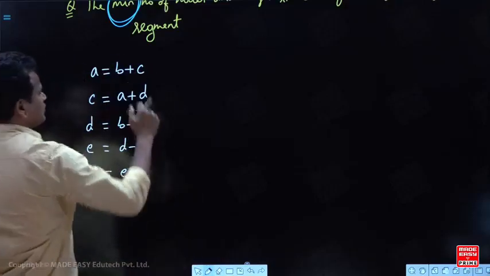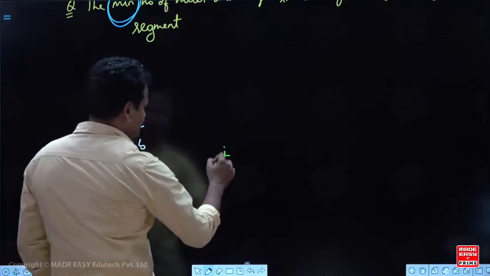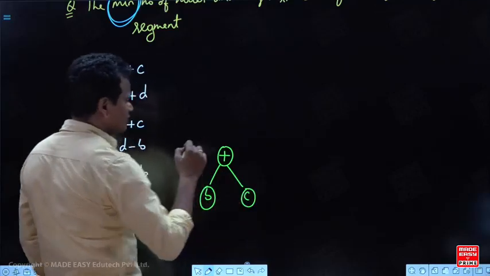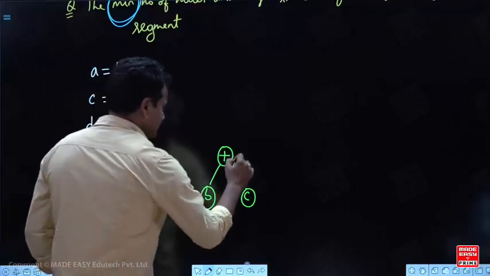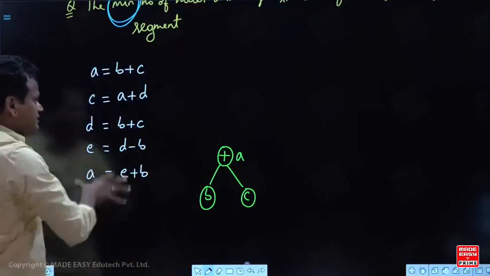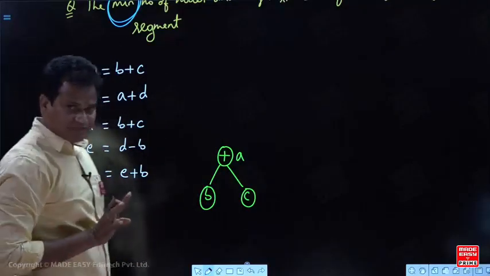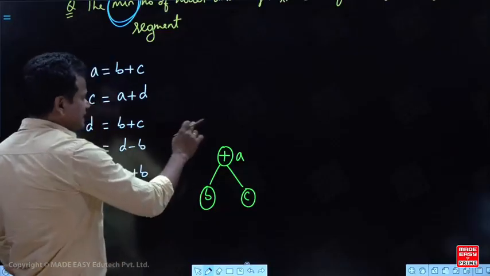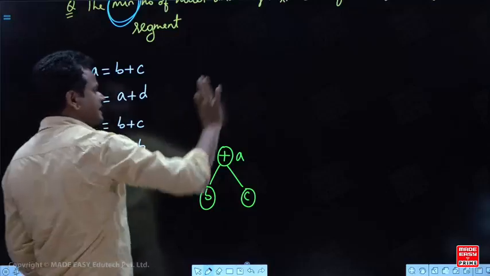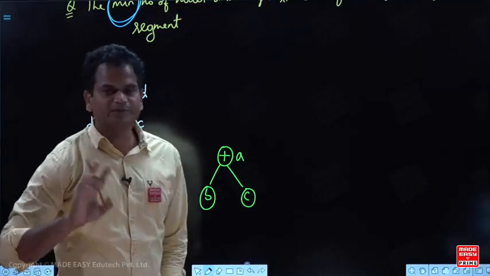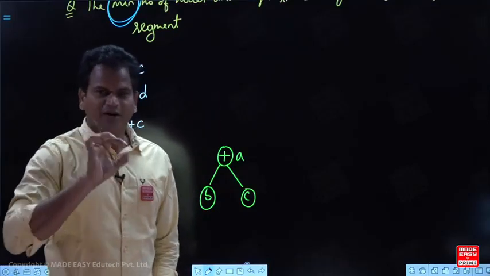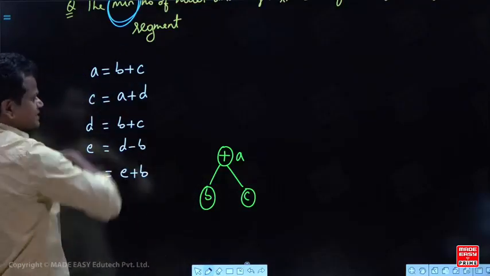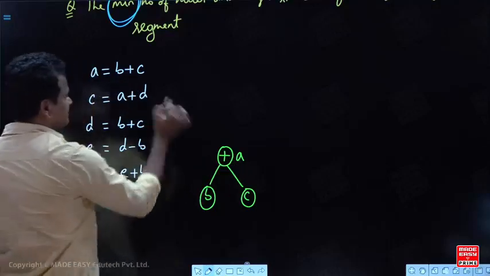Now, how to construct the DAG for this? Simple. A equal to B plus C means you take the B and C, create the B plus C node. Now this value is A. When you have a sequence of 3 address statements, we don't use the equal to separately. If you take equal to A, for this also you have to represent A equal to C. So multiple equations won't be there in any expression. Only one equal to will be there. So that is the reason we don't use the equal to if a 3 address code is given. So this B plus C will be given.